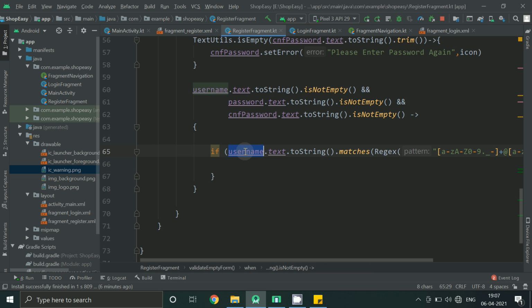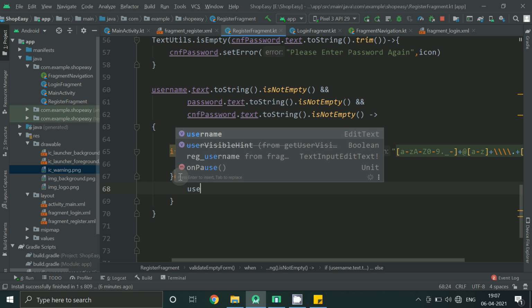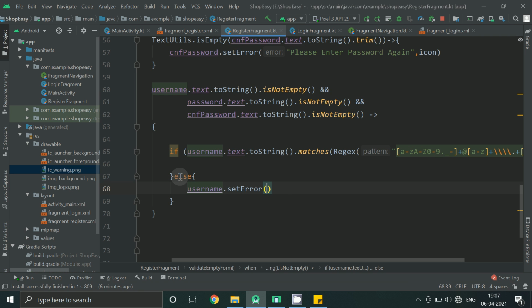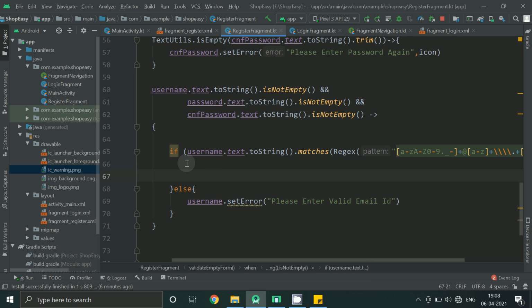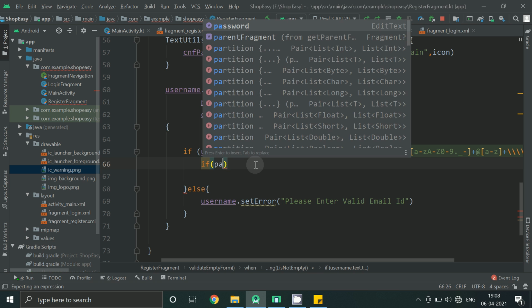So if username is matching with the email ID format, then it should be correct. Otherwise, if our username has correct format, we will check our password.